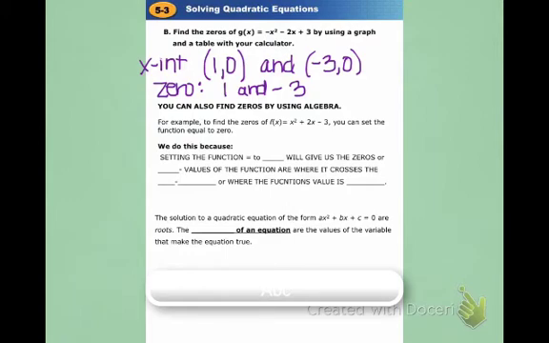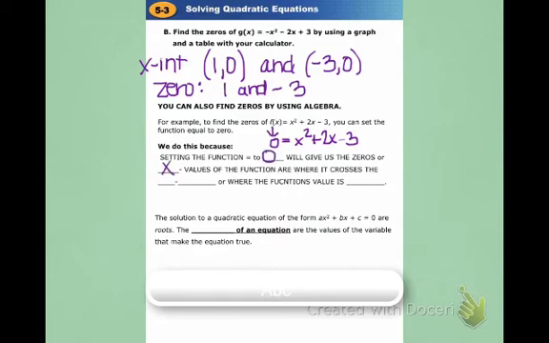So you can also find zeros using algebra. For example, to find the zeros of f of x is equal to x squared plus 2x minus 3, you can simply set the function equal to 0. So in other words, we could substitute in 0 for the function, and then we could solve the equation in different ways. We'll look at factoring as a way of solving algebraically. We'll look at the quadratic formula. But we set this equal to 0